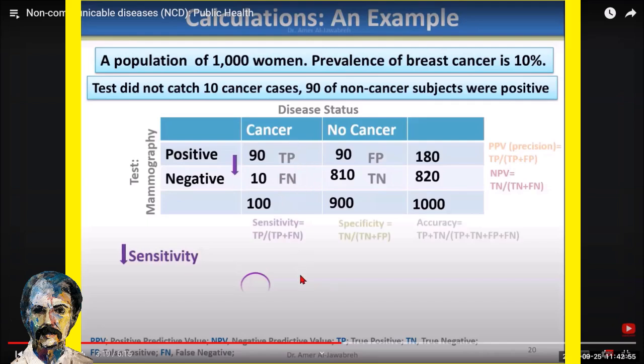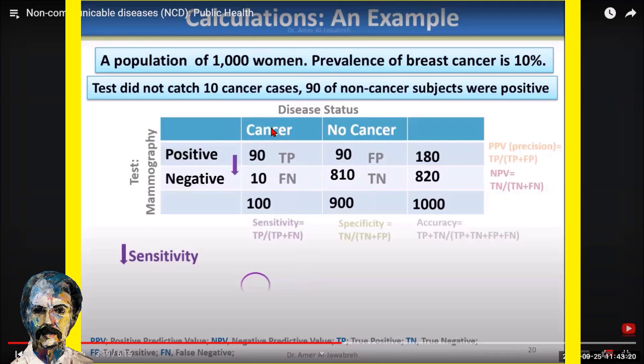Now we go to the sensitivity. This is true positive, false negative. Some people like to use these equations and memorize them by heart. But before memorizing them by heart, you should understand them. It makes it easier for you to memorize. So look vertically here. Cancer. If you remember the definition of sensitivity, we said that sensitivity deals with